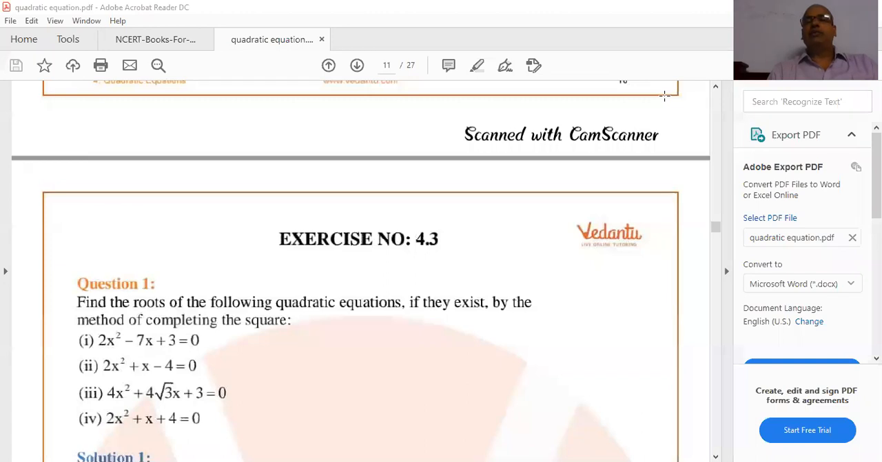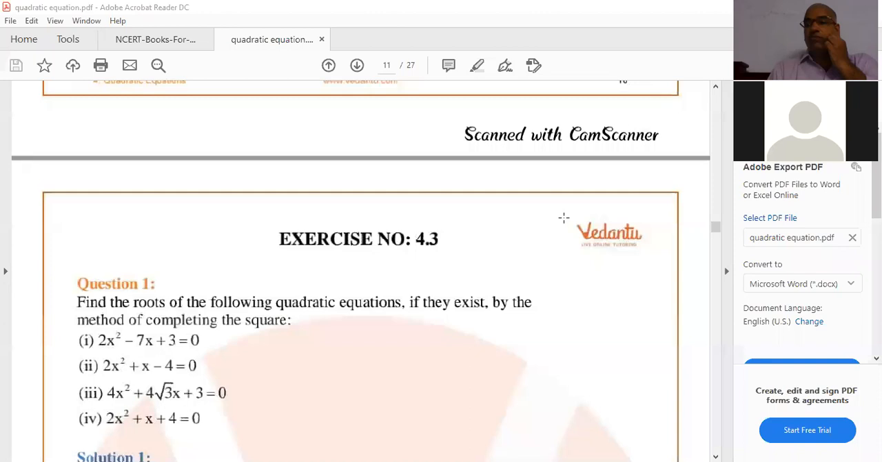Completing square method. Already I explained completing square method means we have to write the given quadratic equation either in the form of (a plus b) whole square or in the form of (a minus b) whole square. You have to resolve the given quadratic equation into that form. That is compulsory. How to do it: